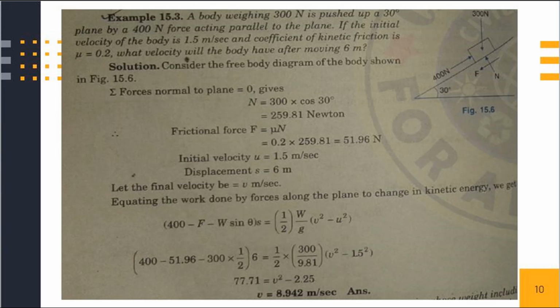Since in this above equation the body is moving in upward direction, all the horizontal forces acting towards the right are taken as positive, and all the horizontal components acting towards the left are taken as negative. Therefore, the answer of the problem: velocity of the body after moving 6 meter, V is equal to 8.942 meter per